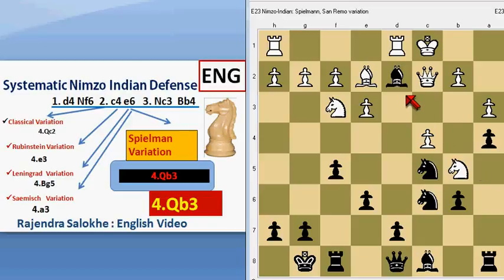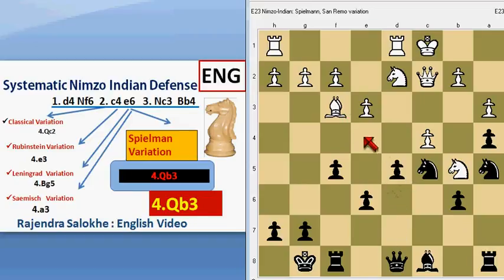Bishop cross d2 and check, knight cross d2, knight to a5, bishop f3. Now he is threatening the rook here. Now Nimzowitsch thinks the other way. He has pushed the pawn here in between to remove this threat, and he has captured, and further he moves the bishop here, threatening the knight here,